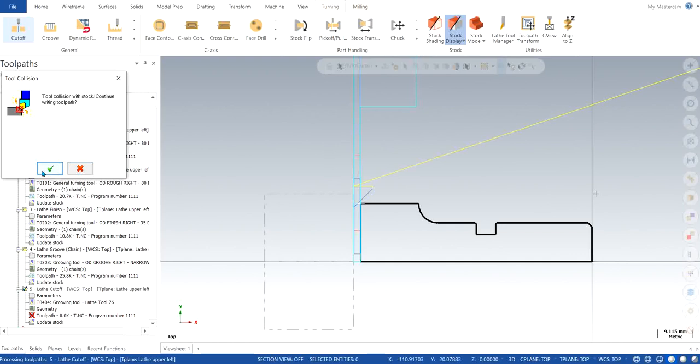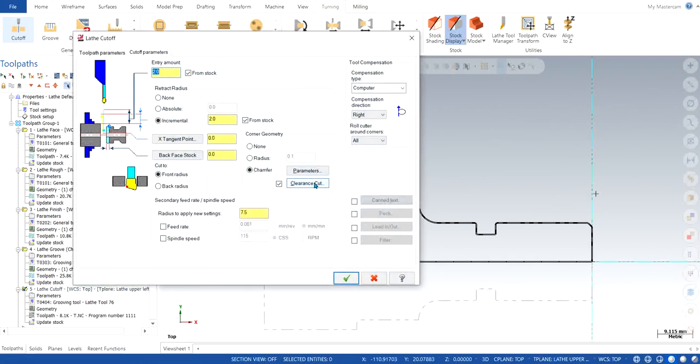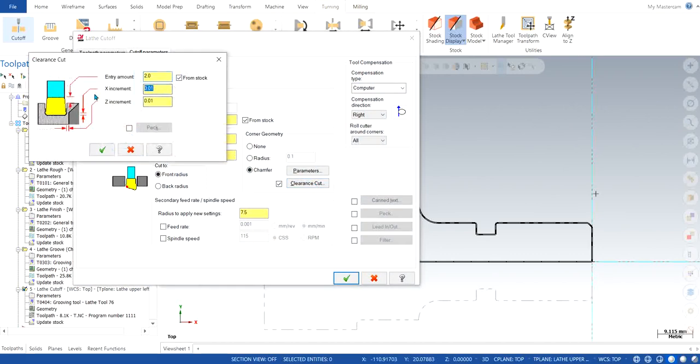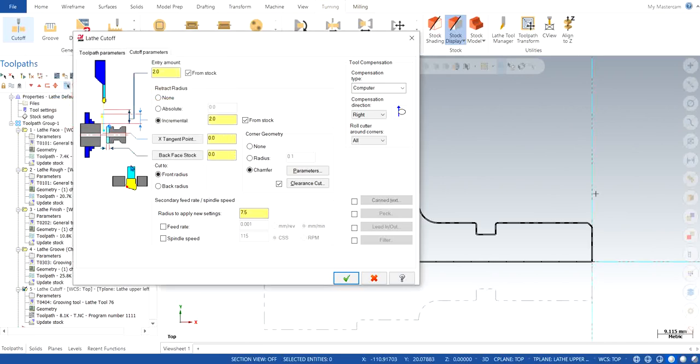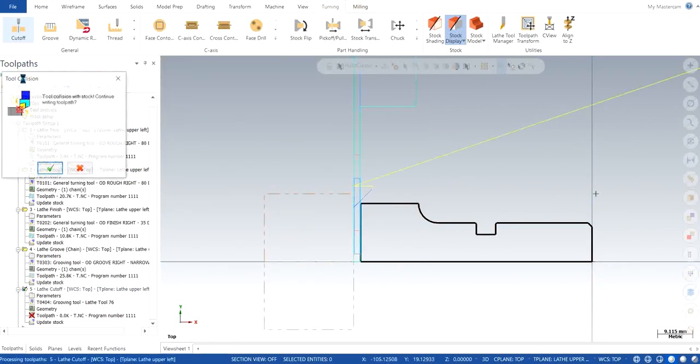It says the tool is colliding with the stock. I click OK. Okay, I'll go to the parameter itself. Clearance cut, 0.001. Let's see if this was the main problem, because I don't think so, there might be some other problem. It's still showing the error.